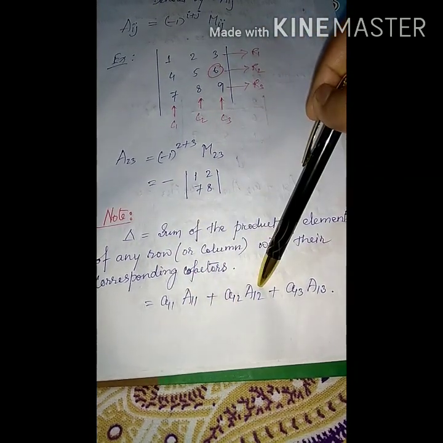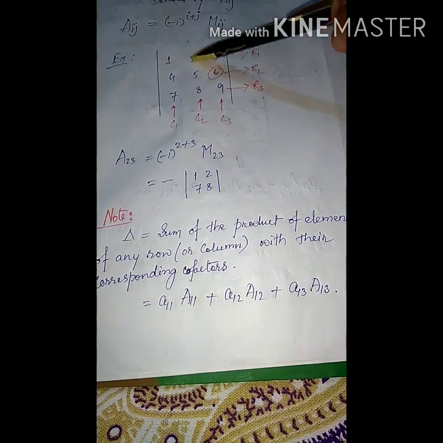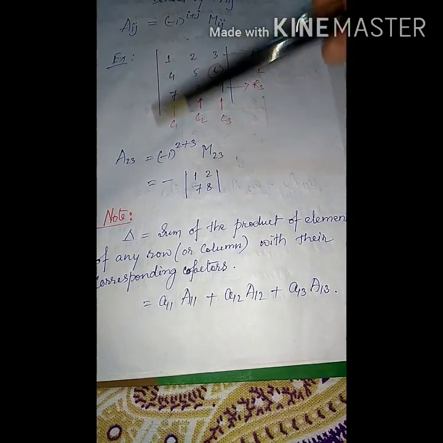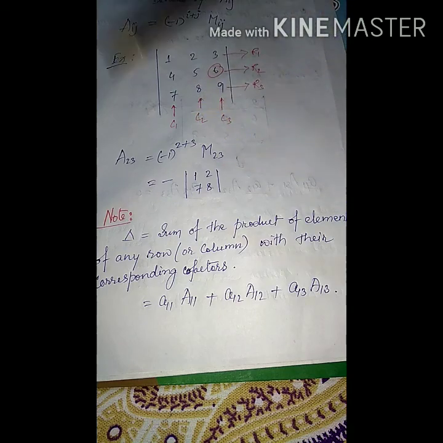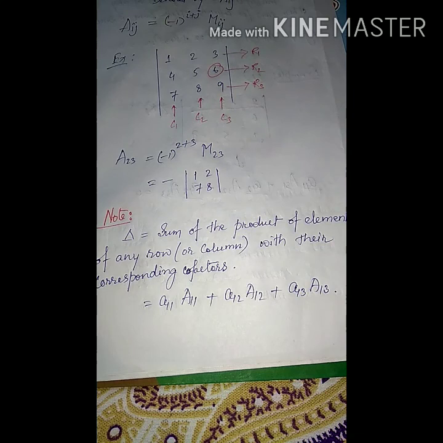Another method, since we know the evaluation process: first we take this one, eliminate these two, and then we write; then the second element 4 we have to write, then the third. This one is the process of evaluation. So with the help of cofactors also, easily we can evaluate the result. Is it clear? Now the condition is what? The row or column whatever we consider, we have to multiply it by their corresponding cofactors.